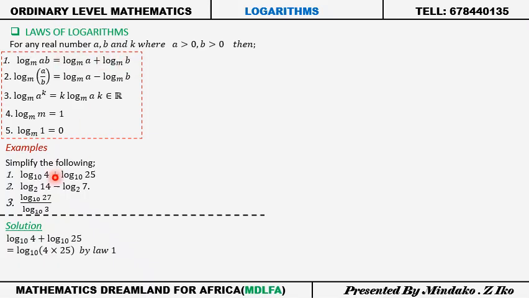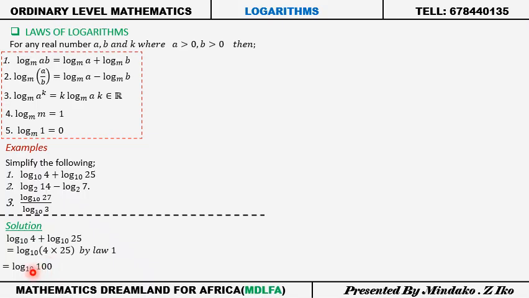Okay, yeah, so that is why we have 4 here and we have 25 here. Since it is an addition sign, I'll just multiply them. Okay, so that is it. I will notice that 4 times 25 is actually 100, and therefore we have log of 100 to the base